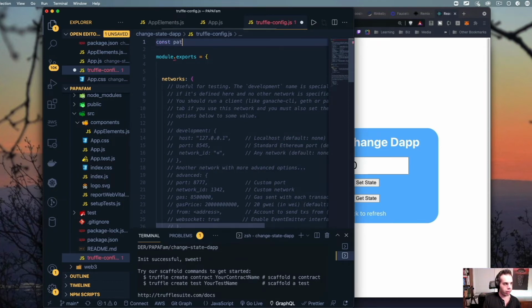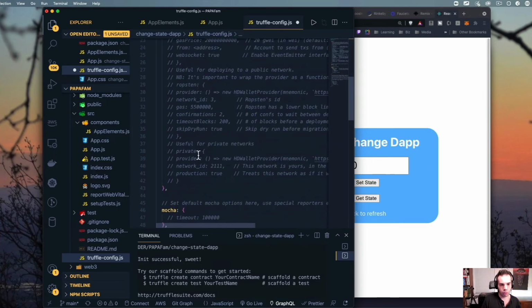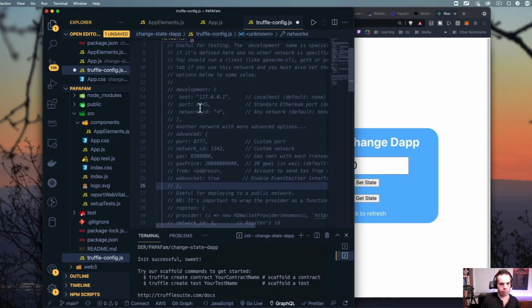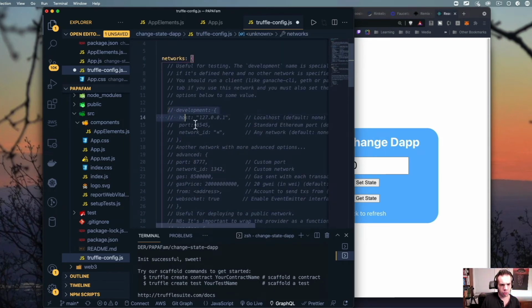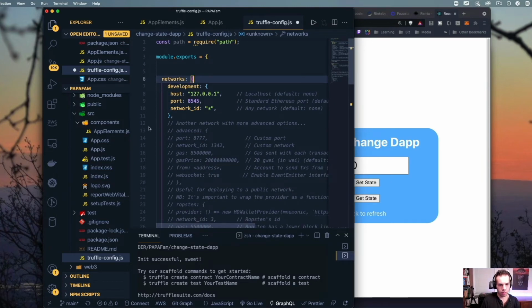So we're going to first declare path. We're going to require path from the start. Then in the module exports, they do have a place under network that you can find, or you can just build it yourself, which sometimes is a little bit easier. And sometimes, honestly, I like just working from what I have. But in terms of this, you can comment out certain elements. So I'm just going to delete that.